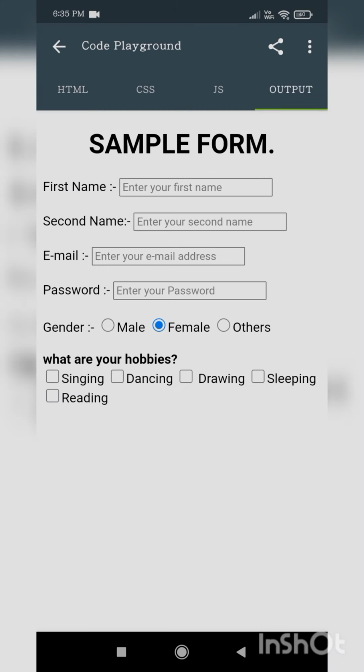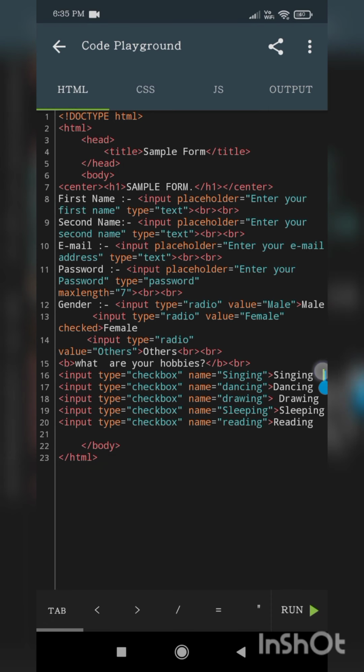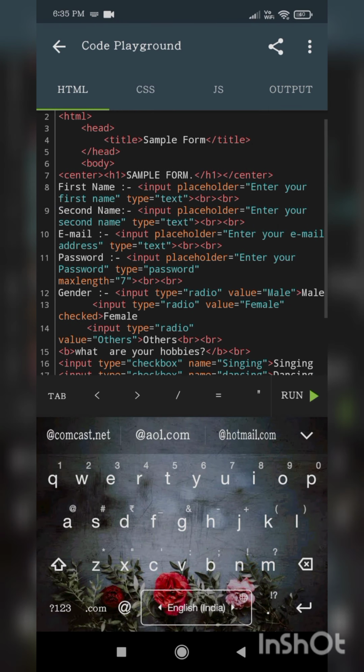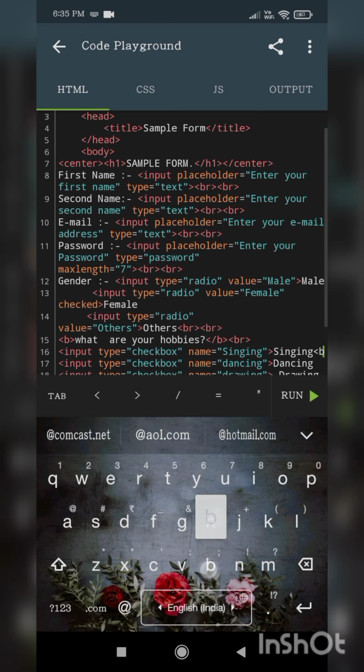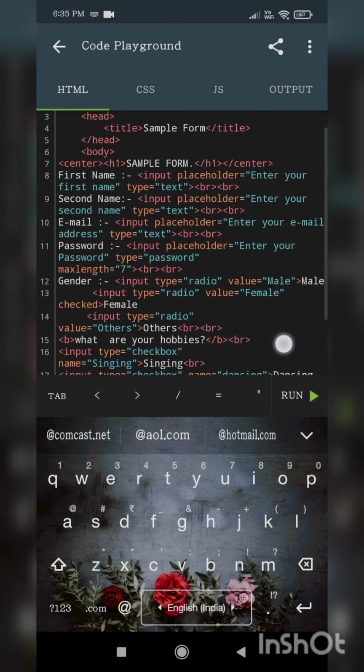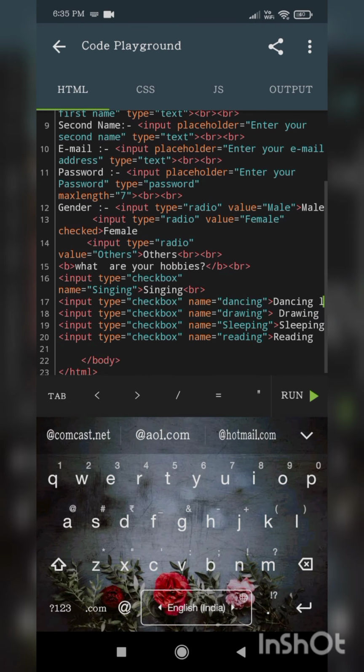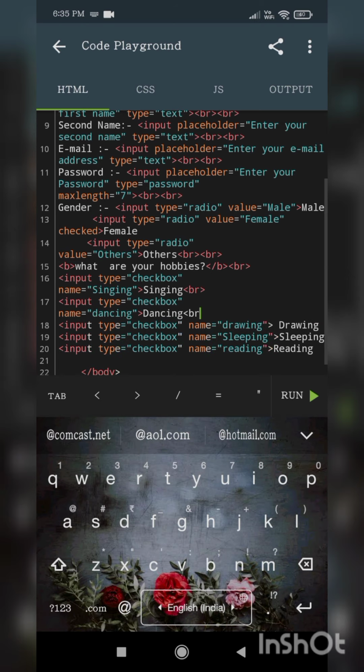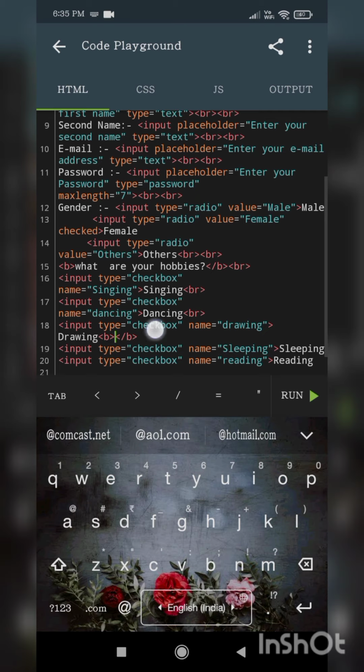Okay, so here we shall use breaks soon after each one. BR, and one more BR here after dancing, and I am using another BR after. It is a break tag, not bold, it is the BR tag. After sleeping also I am using a break tag.